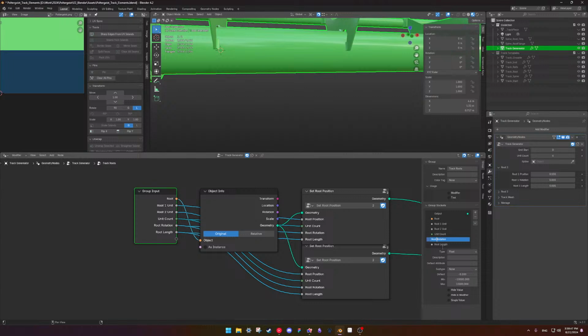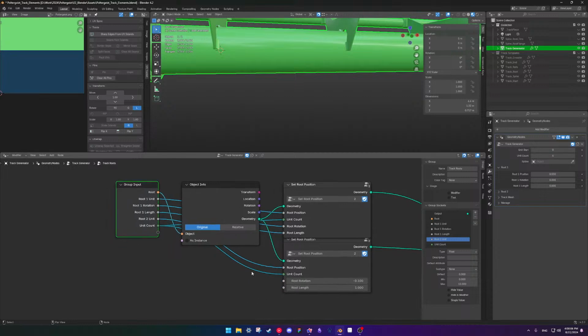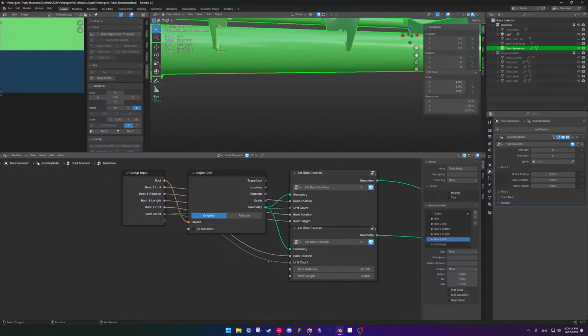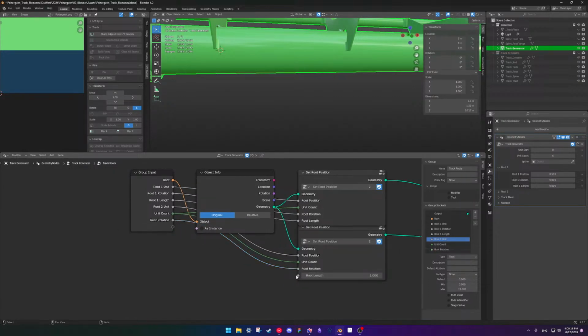Also, this is root 1 rotation only. Root 1 rotation, length only. Alright, so this is going to be root 2 rotation, root 2 length.